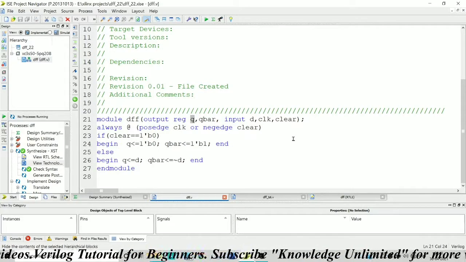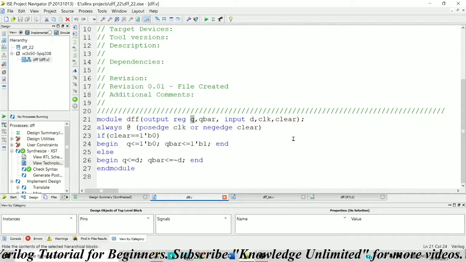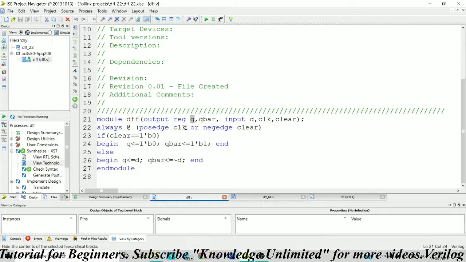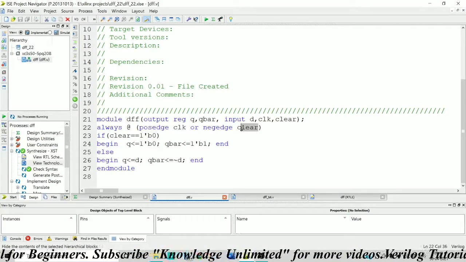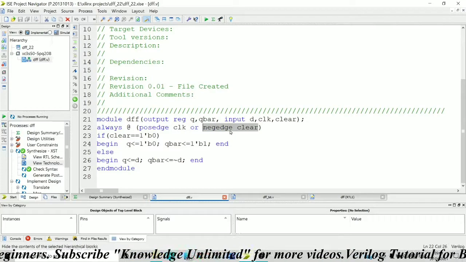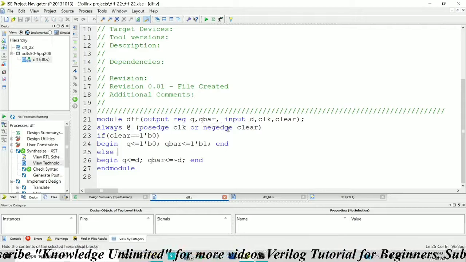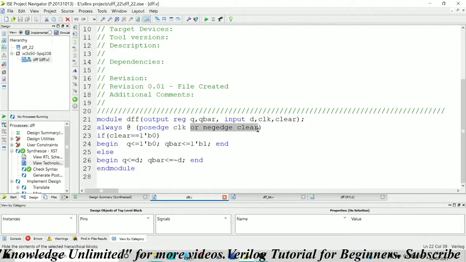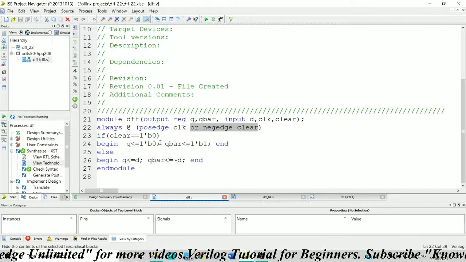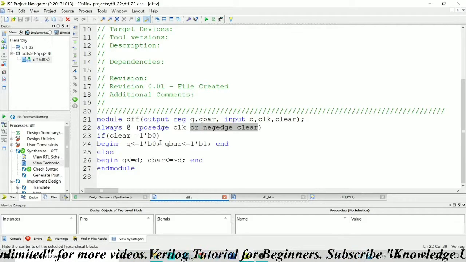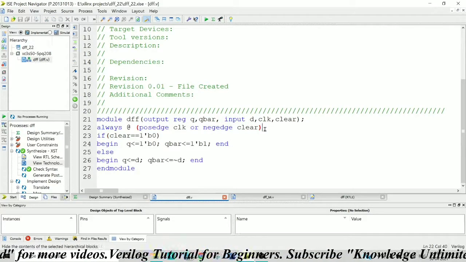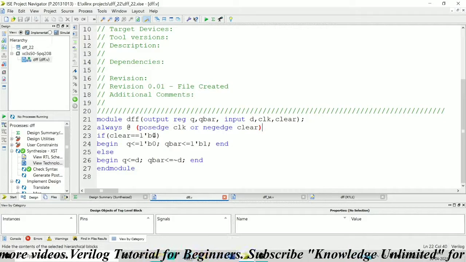In this particular code, I'm going to take asynchronous D flip-flop because irrespective of clock, whenever a clear signal occurs, the always block will be executed. So this is called asynchronous type. If you exclude this negate clear portion here and if you write the code, then that will be called as synchronous D flip flop. So for time being, let me take this asynchronous D flip flop,